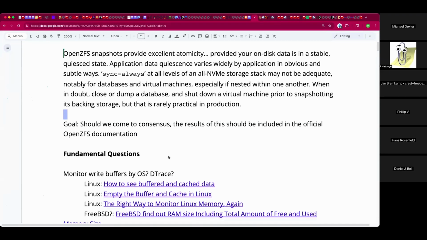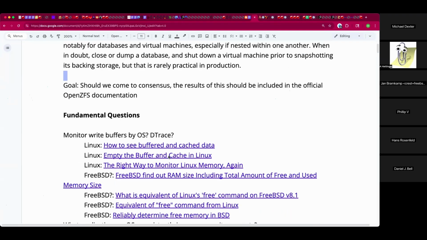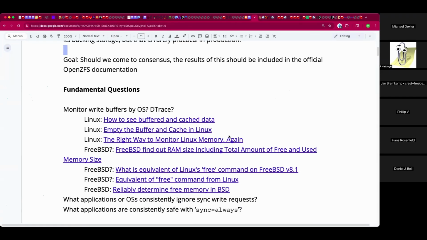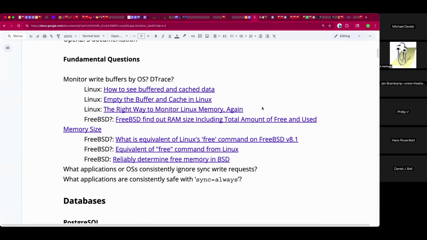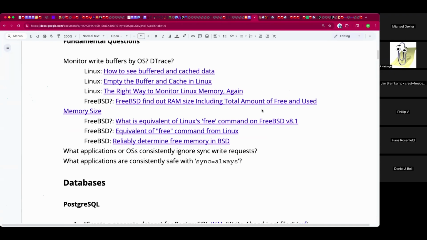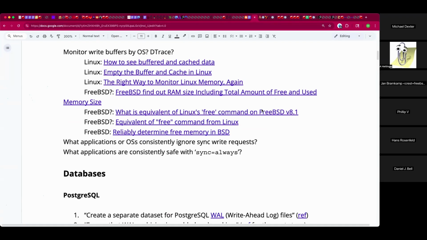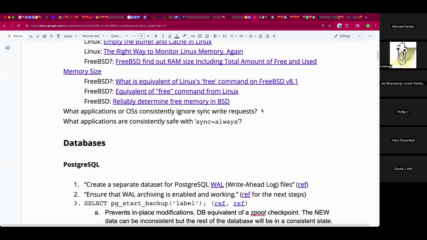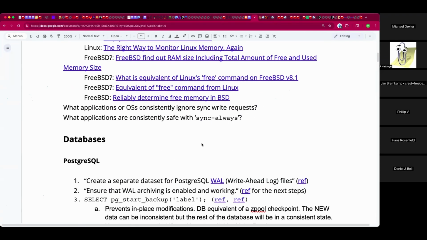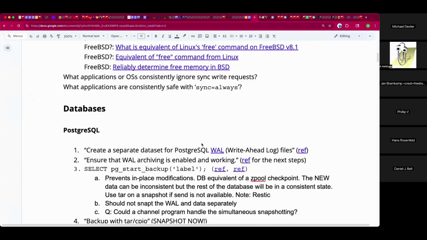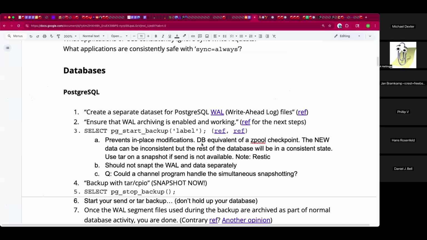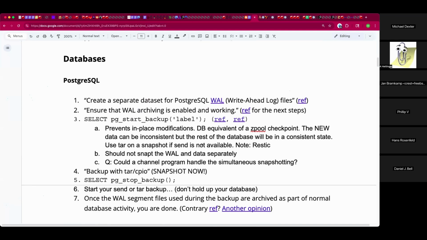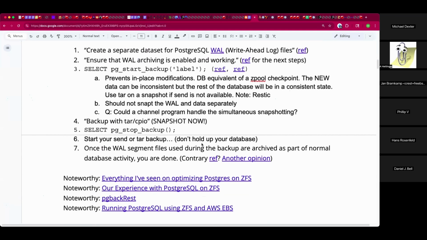So yeah, Daniel, having put a bunch of days of my life into this that I probably won't get back, I created this doc that I've linked there and put in chat about exactly this topic. It's often databases where, if you're lying to the database about what you're doing under the hood on sync writes, etc. There have been over the years these different strategies to put it in backup mode or whatever special mode and do the things.